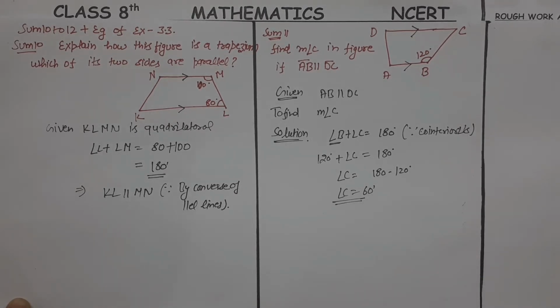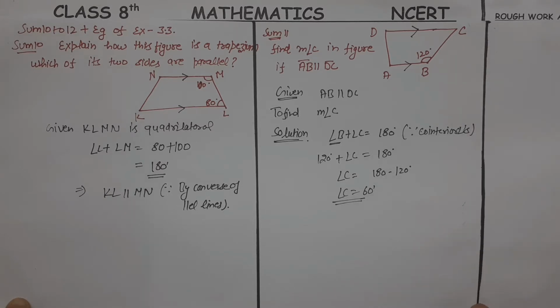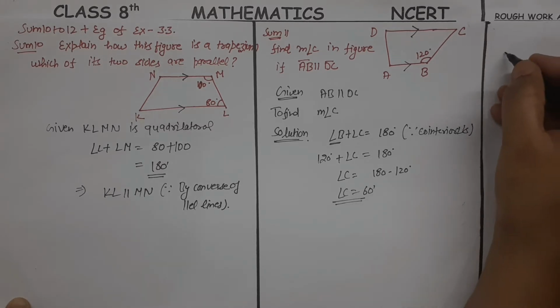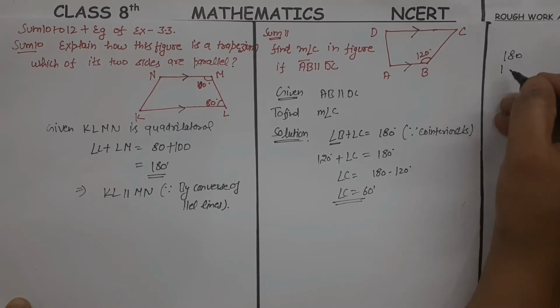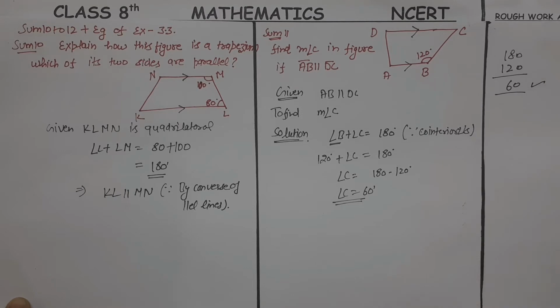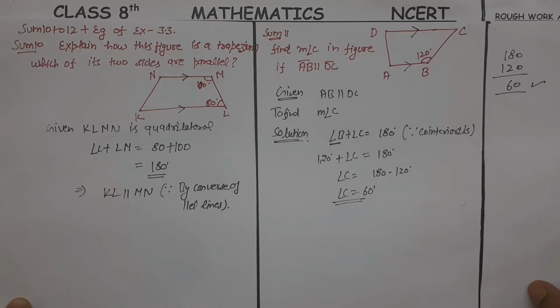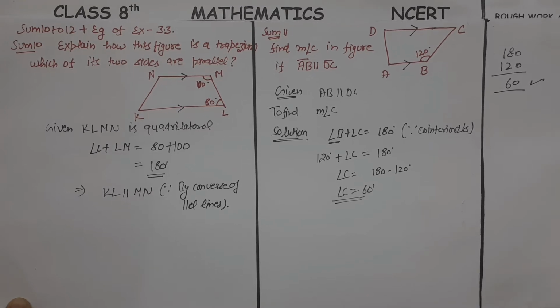Dear student, you have to mark a line at the right side of the page for rough work, in which we can do like this: 180 minus 120 comes 60. That is the important area in the maths. Now next is